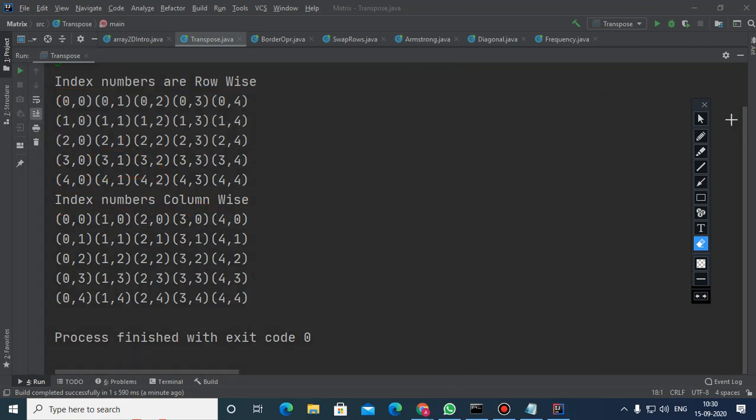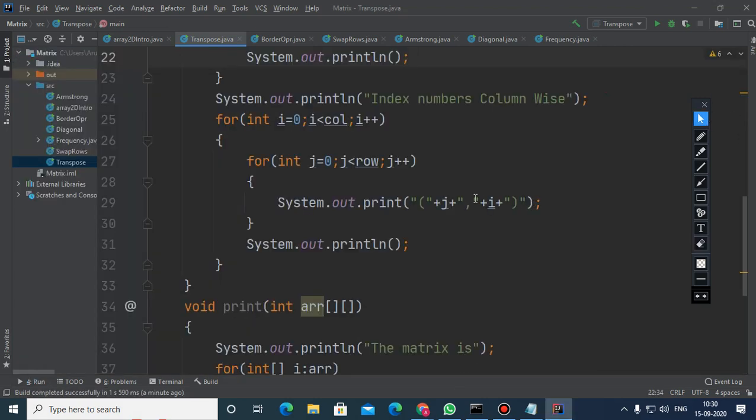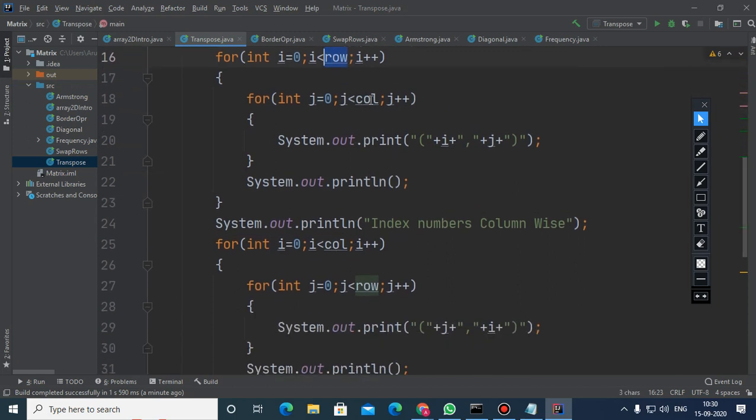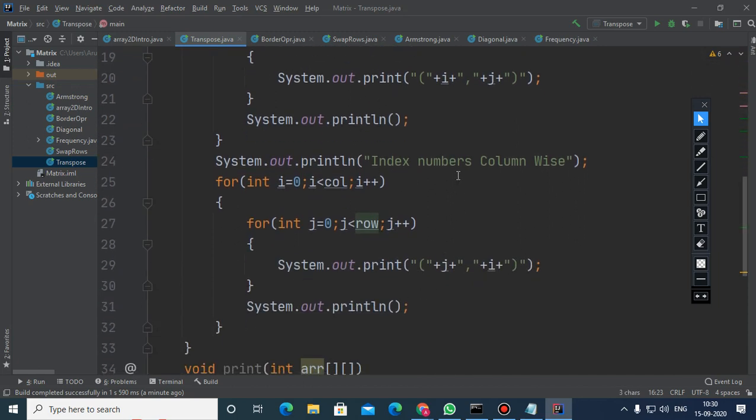You need not worry, only a small change here: what was the row is now the column, the column became the row, and i and j you have to interchange. This is what you have to do.